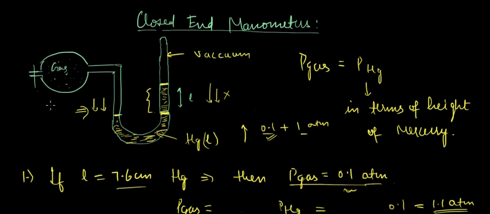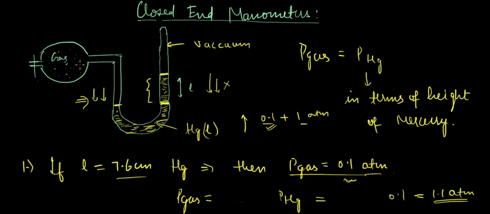Suppose we have the apparatus set up like this. This is the gas chamber, and on this gas chamber we have this closed end tube which is filled with vacuum and mercury. So what will happen is this gas will exert some pressure on this mercury. As a result, let's say this was point X and this was point Y. The point Y rises to, let's say, a height of L because of the pressure applied by the gas on the mercury. So we'll say that the pressure at point X and the pressure at point Y in the mercury would be